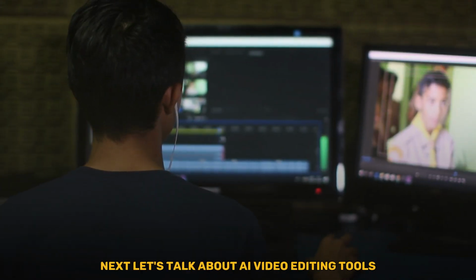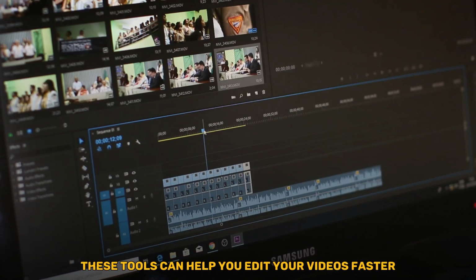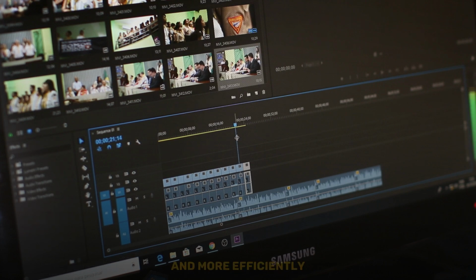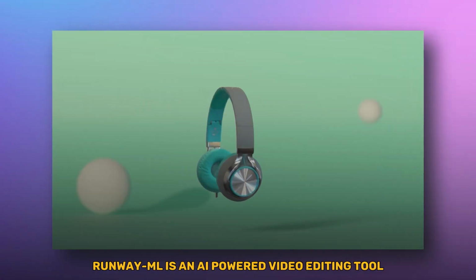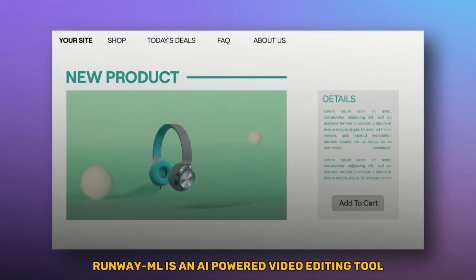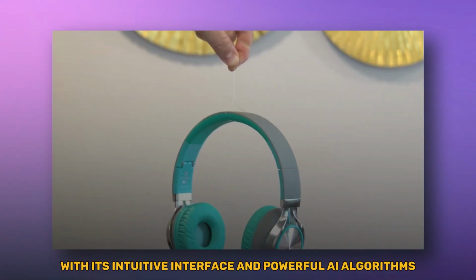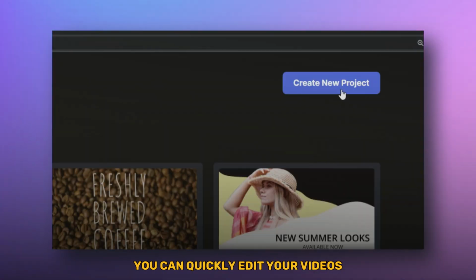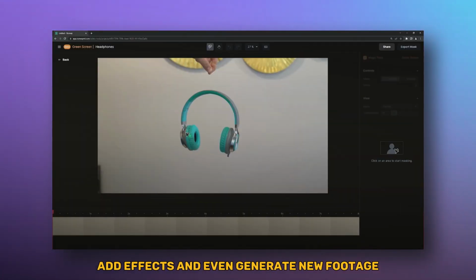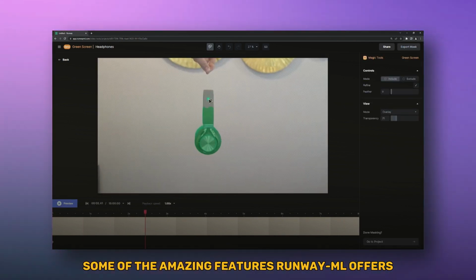Next, let's talk about AI video editing tools. These tools can help you edit your videos faster and more efficiently. Tool number 2, RunwayML. RunwayML is an AI-powered video editing tool that allows you to create stunning visuals with ease. With its intuitive interface and powerful AI algorithms, you can quickly edit your videos, add effects, and even generate new footage. Some of the amazing features RunwayML offers include